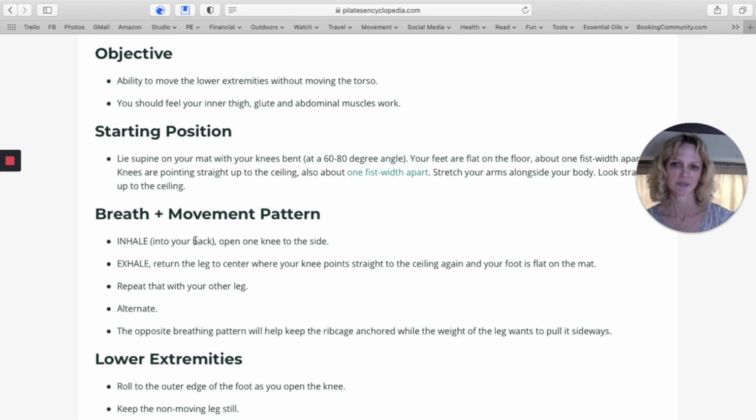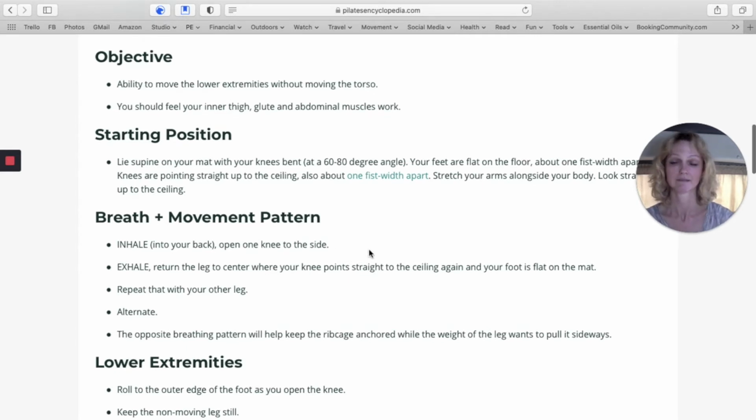And really, when I included where to breathe, quite honestly, I would probably not do that on the second repetition. So on the second side, I would wait one more time. I kind of got ahead of myself. So again, inhale, open the knee to the side. Exhale, return the leg to center. So that they just get the general